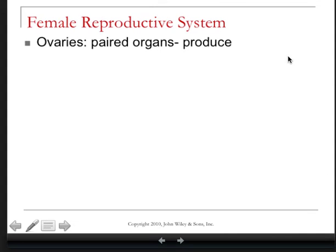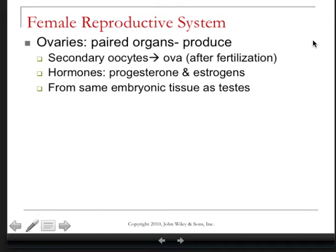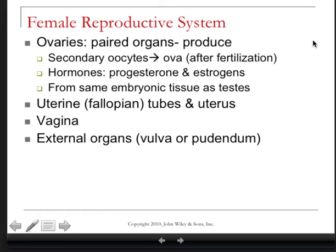The ovaries are the female gonads, so these are the female counterpart to the testes. They produce secondary oocytes, which are considered ova after fertilization. They also generate hormones, progesterone and estrogen, which help with the uterine and ovarian cycles. And they come from the same embryonic tissue in the female as the testes do in the male. The fallopian tubes and the uterus are the duct system and the housing for the developing baby, respectively. The vagina is the birth canal and is also the zone for intromission of the male